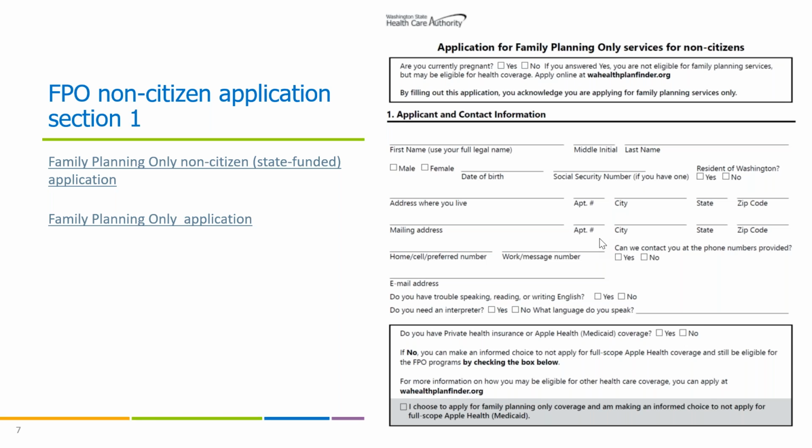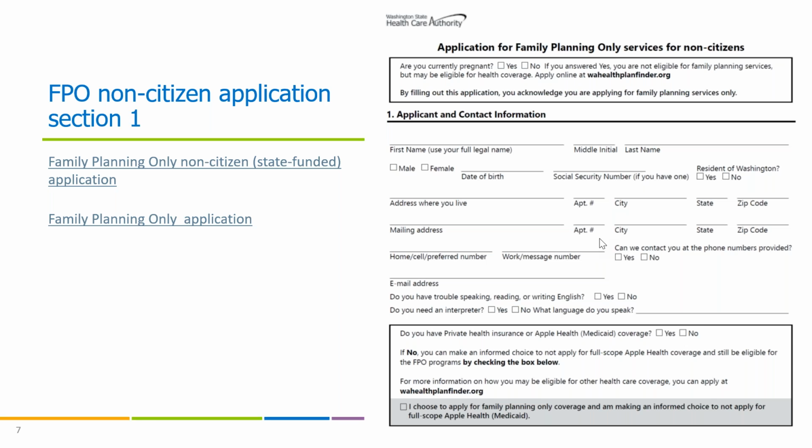And if the person does choose to change their mind and they want to apply for full scope Medicaid, we did add the link there so that they have information on if they do decide to apply for full scope. That's the link, and then the box where it says I choose to apply for family planning only coverage is